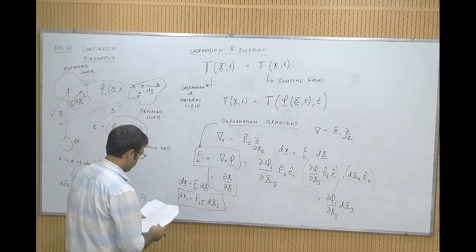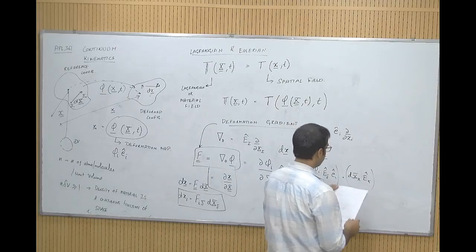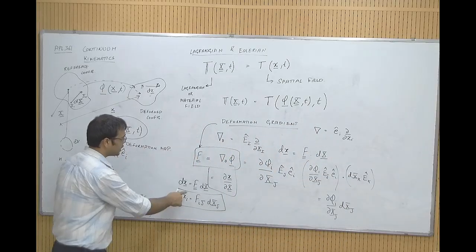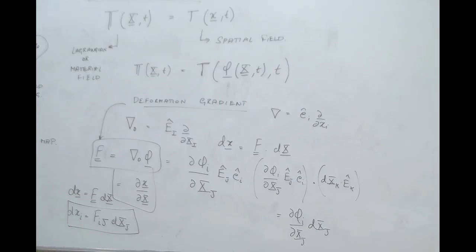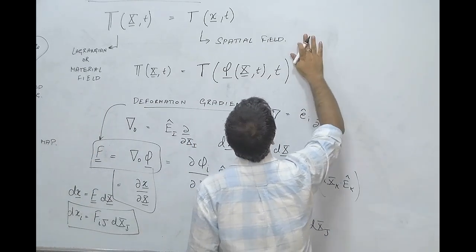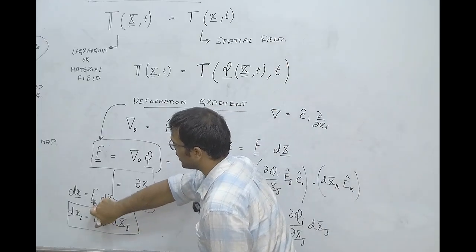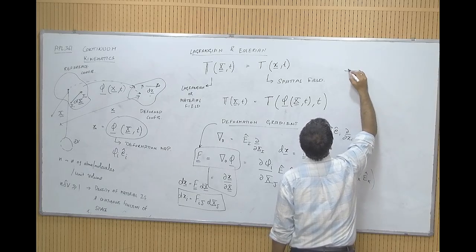Once we have defined this deformation gradient, an interesting quantity that we need to define is the determinant of the matrix defined by this deformation gradient. Things may seem very slow for now, but soon you will see everything falling in place when we use all of this to derive Reynolds transport theorem. The aim of all of this is going towards Reynolds transport theorem. Things are interesting when we look at the determinant of the matrix defined by this capital F. And before I do that, let us define